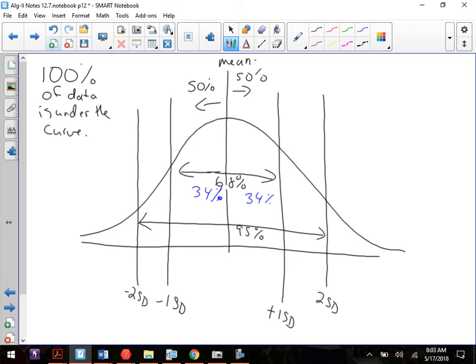Okay. Now, that means as you start breaking down your chunks, because everything is symmetrical, if 95% is cut in half, well, what's half of 95? Okay, so 47.5 would be on one side, 47.5 would be on the other. Well, if you subtract 34 from 47.5, what do you get? Okay, it starts to break it down. And then after 2 standard deviations, you get